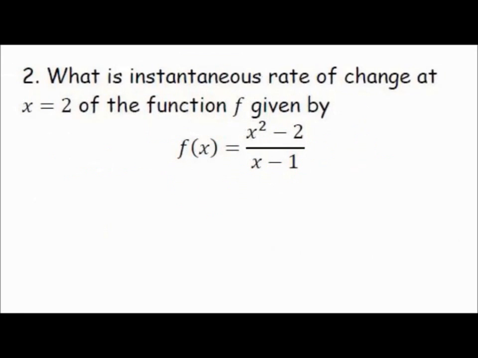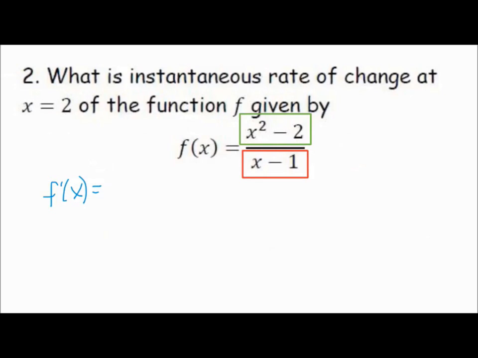Number 2, what is the instantaneous rate of change at x equals 2 of the function given by f of x is equal to x squared minus 2? That's my high. Divided by x minus 1. This is my low. And so I'm going to do the same thing. I'm going to do my f prime of x is equal to